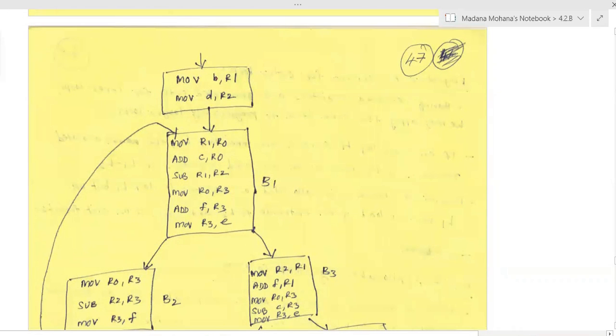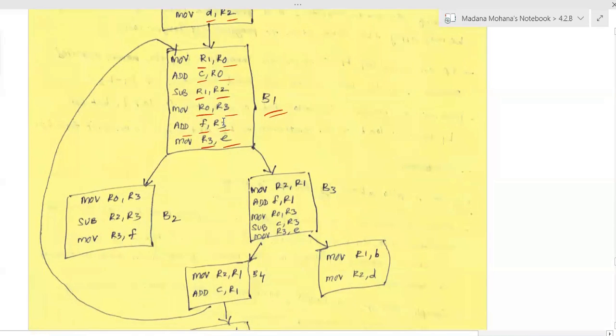So with the optimized register utilization, first here move B comma R1, then move D comma R2. Then for the initial B1 block, see the optimal registers we are using. Move R1 comma R0, then add C comma R0, subtraction R1 comma R2, then move R0 comma R3, then add F comma R3, then move R3 comma E. All the 3 address statements.